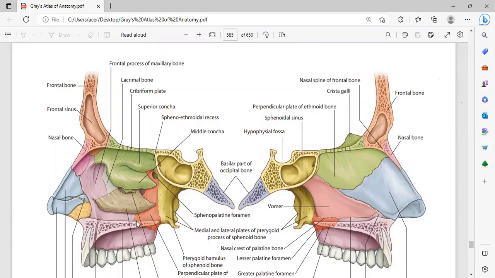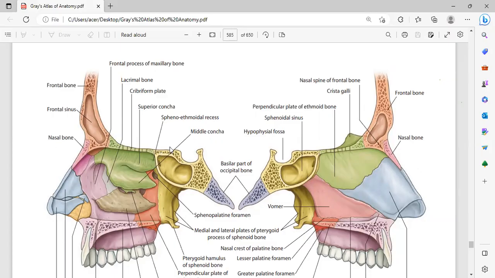Then the gaps that the maxillary bone leaves is filled in by these other bones. So going from posterior to anterior, right at the back, you have the medial pterygoid plate of the sphenoid bone. This is the medial pterygoid plate of the sphenoid bone. Then anterior to that, you have the perpendicular plate of the palatine bone. So this is the palatine bone, right? It forms the posterior part of the hard palate. So from that, you have this part called the perpendicular plate. So that forms the lateral wall of the nasal cavity. Then